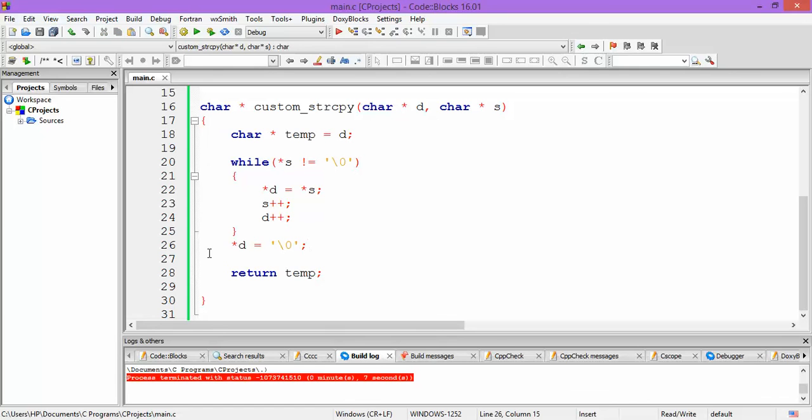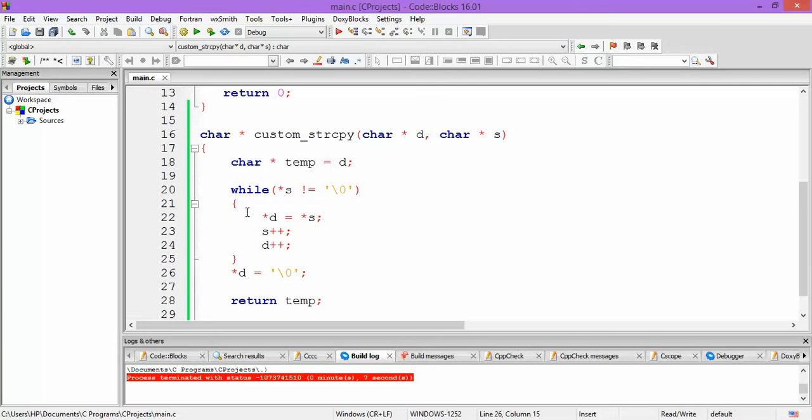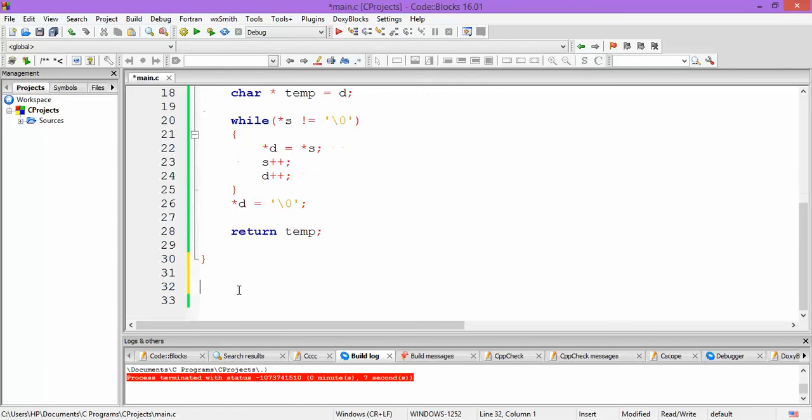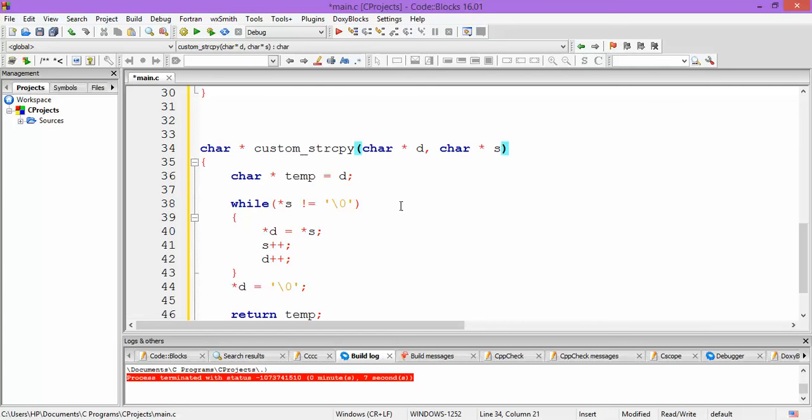So this is not a big deal, but for the beauty of programming, let us see another function in which instead of a while loop we would be using a do while loop, and we would make a little bit of modifications in this code to accomplish the same task without this extra bit of logic. So let us create a copy of it, a replica of it, and let us name it custom string copy underscore 1.